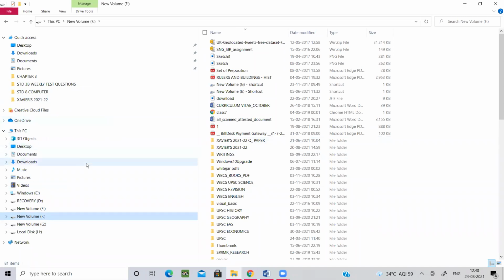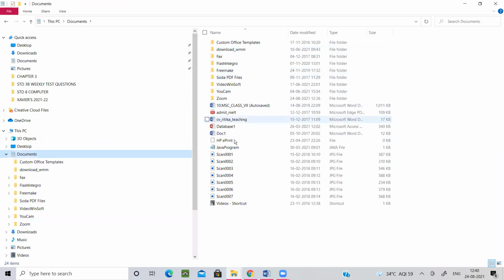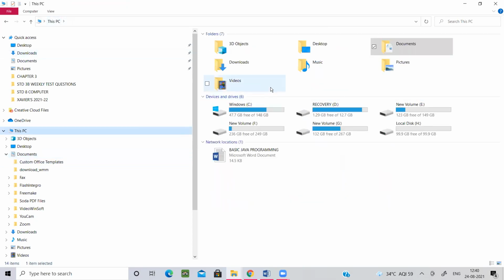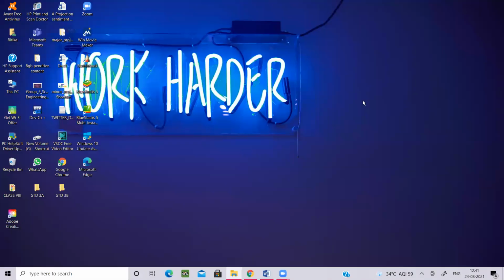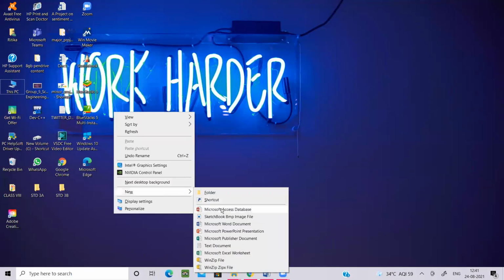Okay, now this PC by default has some documents. In the documents part, generally by default everything is stored. Also it has a few more options. If I want to delete a document, we can go to the recycle bin, or we can delete it from here. If you want to delete a document, first of all delete it from here. Suppose I am making one folder to show you how delete works.